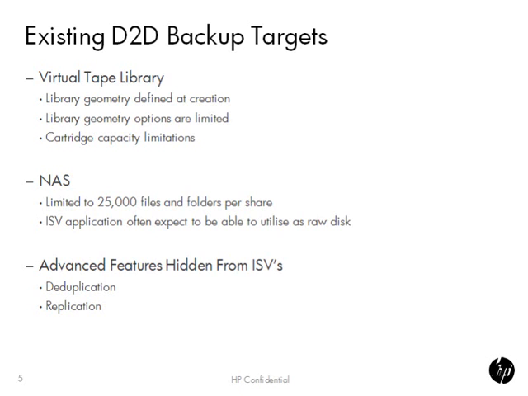With NAS, the implementation that we have on the D2D StoreOnce products has a limitation of 25,000 files and/or folders per share. Which seems like quite a number of backups, but depending on which ISV application you're using, that number can be relatively easy to achieve, and then you're having to create another NAS share, which then means a new deduplication pool in which for that to be stored. So you kind of lose some of the benefits of dedupe. And again, both of these limitations, be it the library geometry limitations or the files and folder limitations, are not necessarily a limitation of dedupe itself, but they're a limitation of how we do the emulation, what we present to